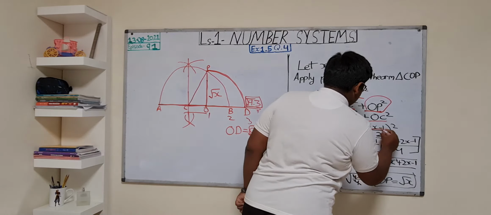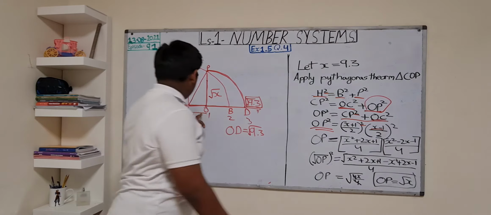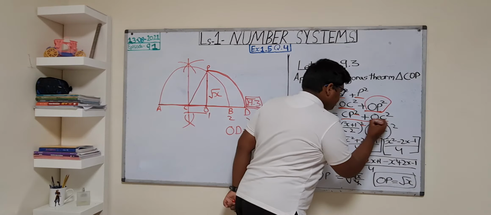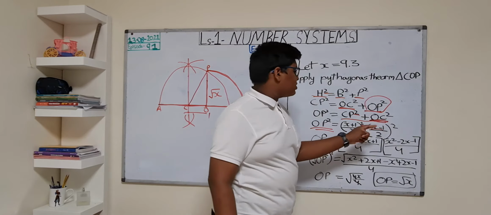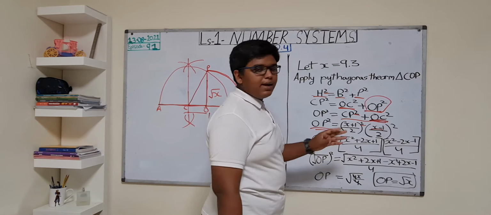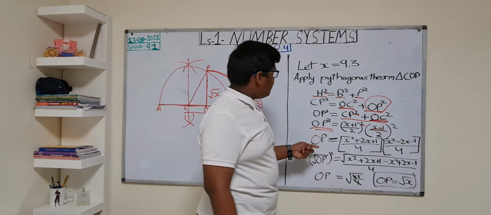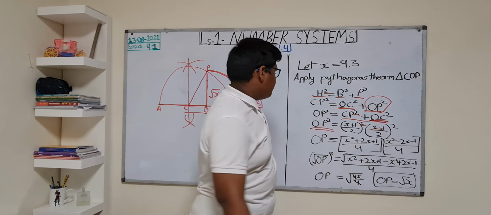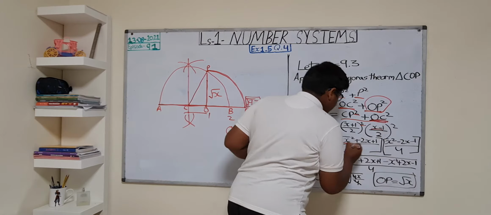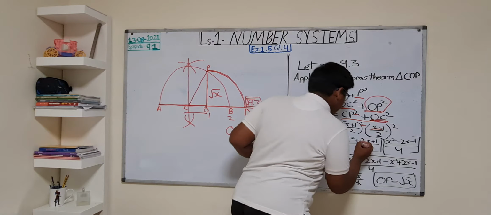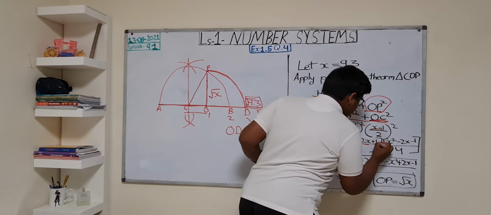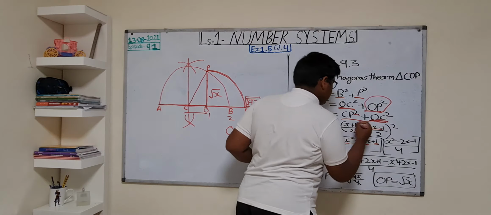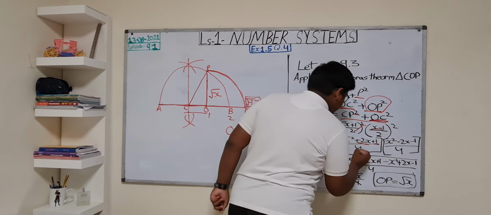And now here we have the opposite, OC. So OC is also opposite. Now this will be x minus 1, x minus 1 by 2 whole square. Now OP is equal to x square. Now we are going to open the brackets and do the simplification. So x square will be as it is, then x into 2 will be 2x, and then plus 1 into 1 is 1 itself, and then we will have 4, because 2 square is 4.